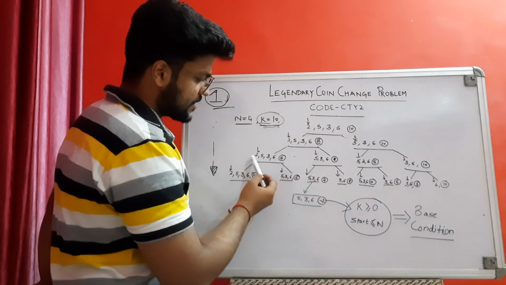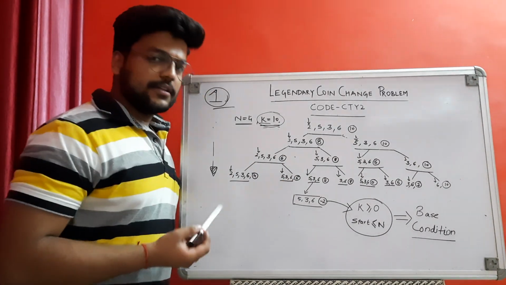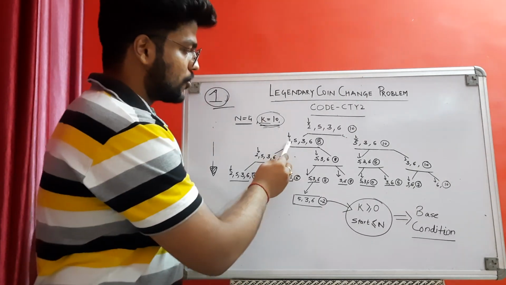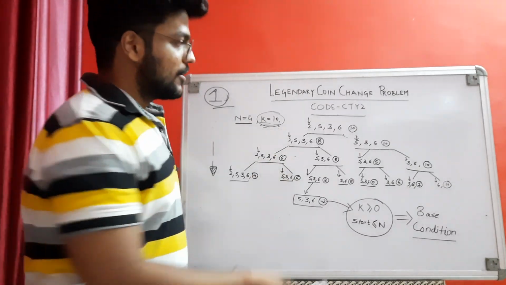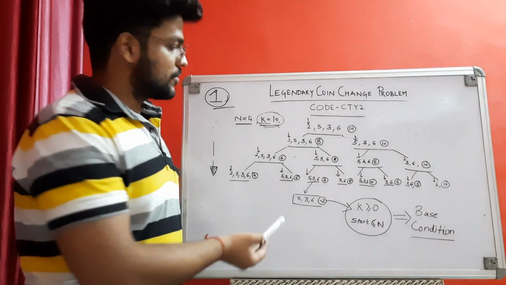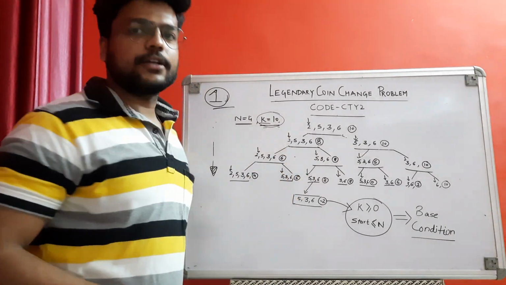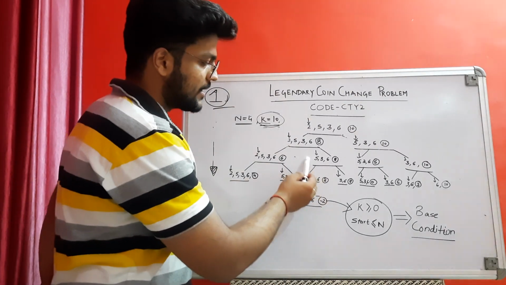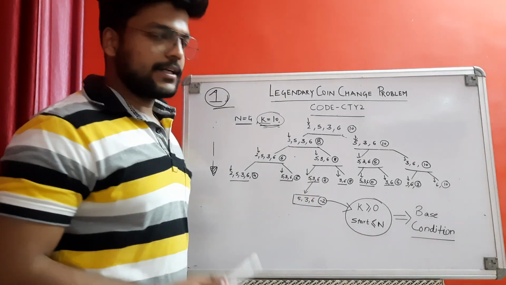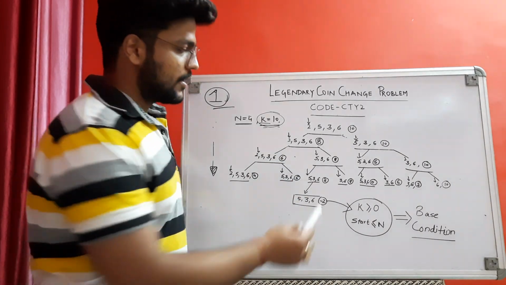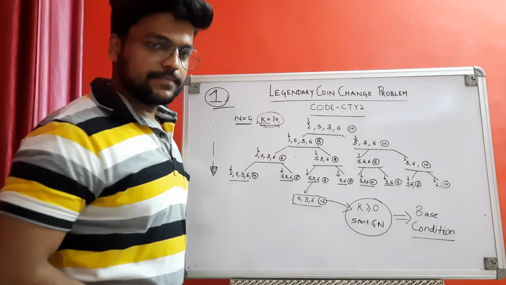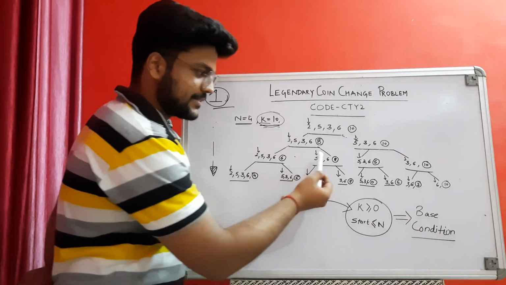Why am I keeping 2 again in the denominations? See, if you have taken 2, then you can use it again and again. You can make the whole 8 by using 2. So I am keeping it again. But if you are leaving it, if you don't want to take 2 in the sum, then I am not keeping it here, because I have decided that I won't use 2 in the future in this branch. Okay, so now let's watch this.